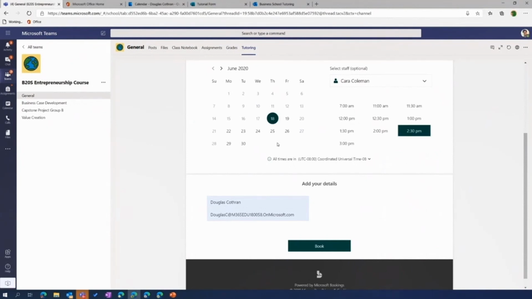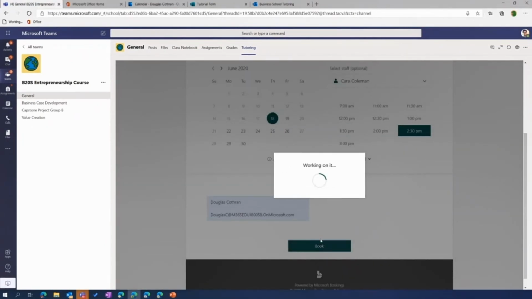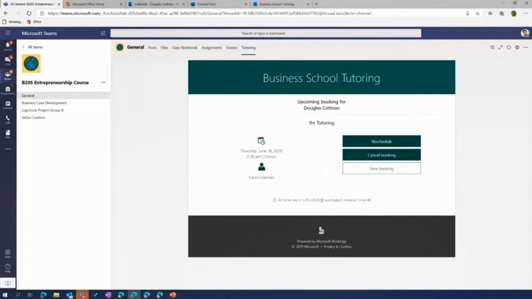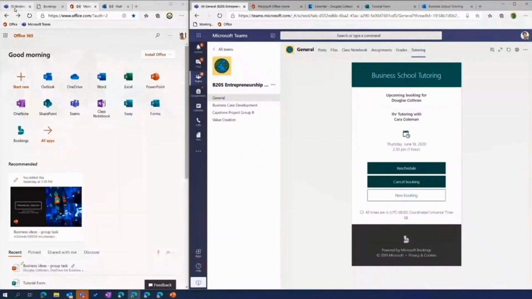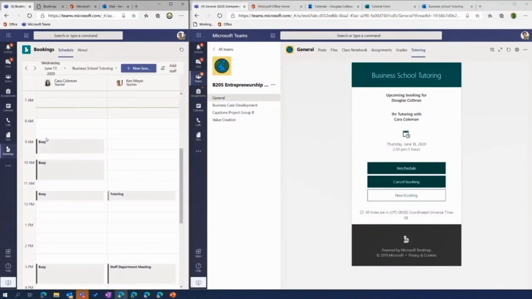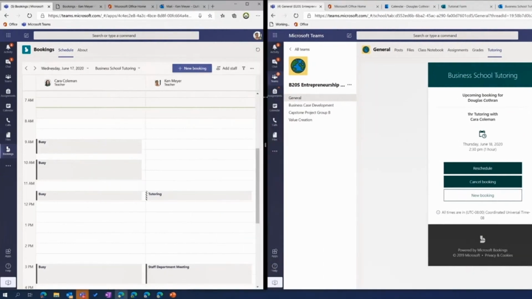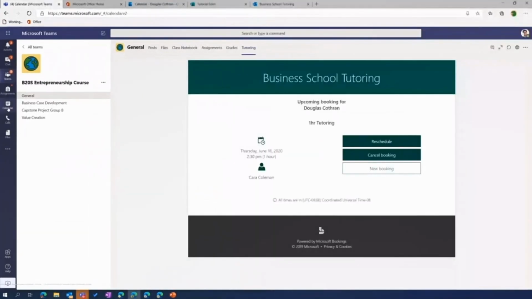We can go through here. We can see that Kara right now has time at 2:30. We can then also pick again, and we could go back and see Ken's calendar by comparison. And then by clicking book, it's now reserved a tutorial time for Douglas to be able to then meet with the selected person. What we'll see here is then Douglas has now set up a time both separately once with Kara, and then he's also set up another time with Ken, Ken being another one of the tutors in this subject. And you can see there, that's where we have that view of bookings within Teams.